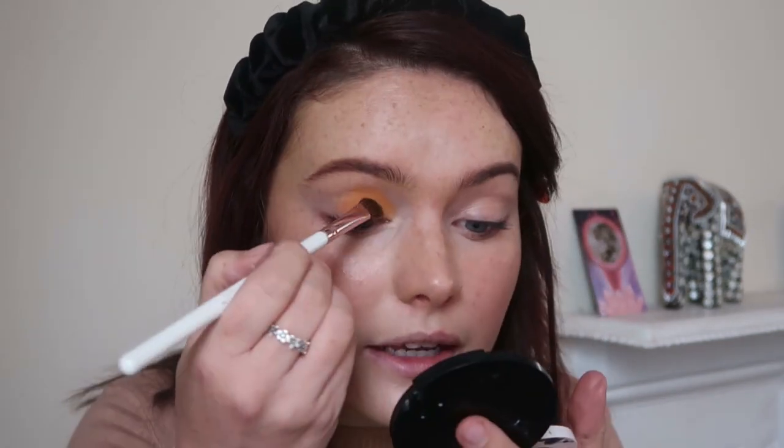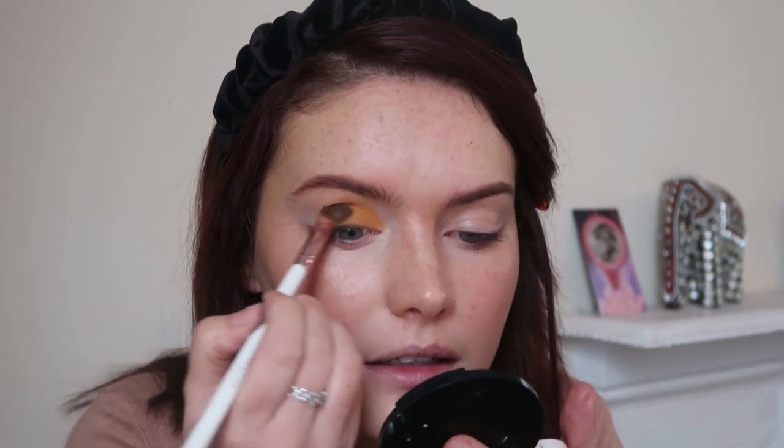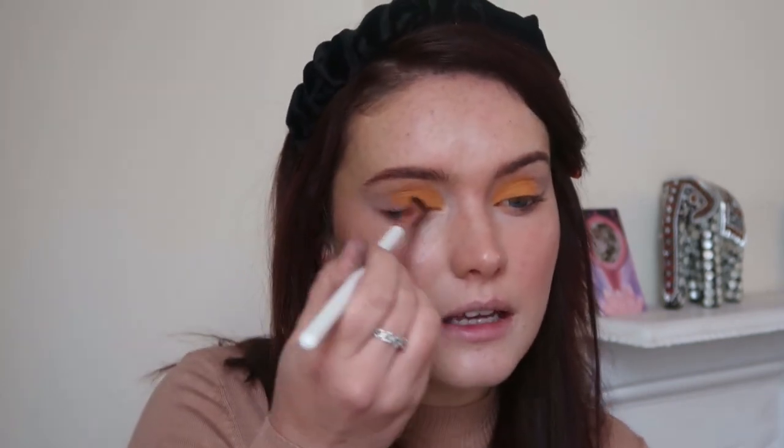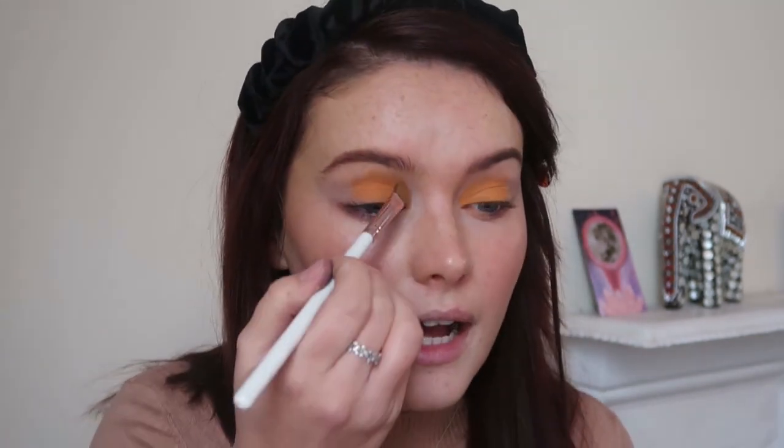I was going to say actually, the Joshua Tree palette from Ether Beauty has a deeper mustard yellow, but I want a bit more of this tone in it ideally. I haven't played with that palette since my video on it. I do want to have another play around with it because I wasn't thrilled with that palette. I was actually a little bit disappointed. The second look definitely came out better than the first look, that's for sure. But it is £58 or $58, so that's a lot of money to spend on a palette. So I might have another play around with it and then...